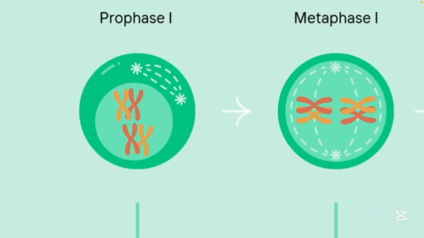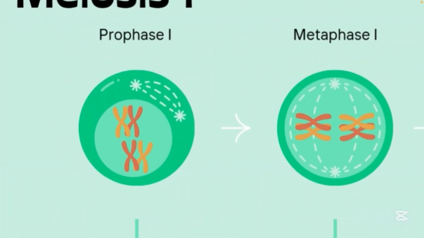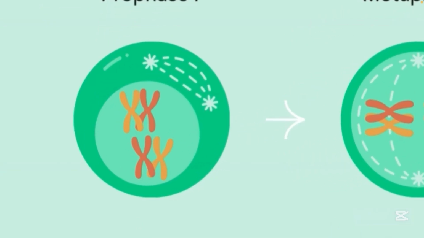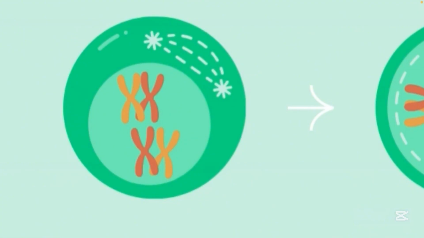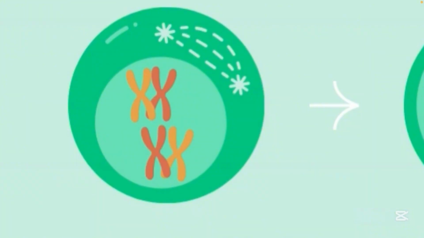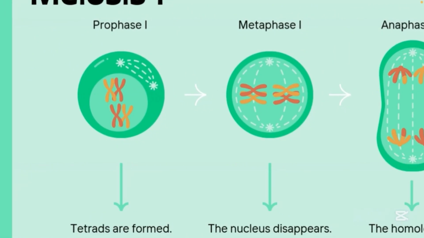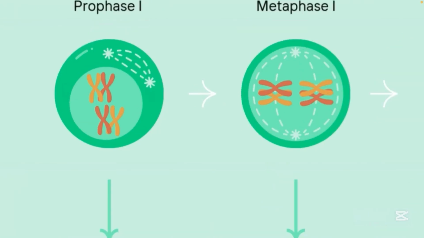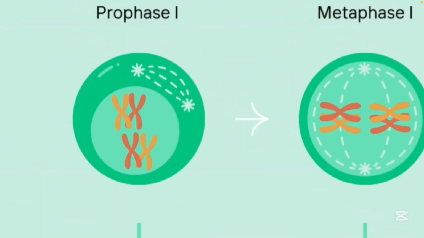Don't confuse it with meiosis I and meiosis II. In meiosis I prophase, crossing over takes place. How it works is that the homologous chromosomes, and what are homologous chromosomes? It is the pair of chromosomes, one from the mother and one from the father. They come closer to each other, and look at this part, the genes get exchanged, and it is completely random, and it gives more variation into the cell. Due to this crossing over, no gametes are similar to each other except for identical twins.